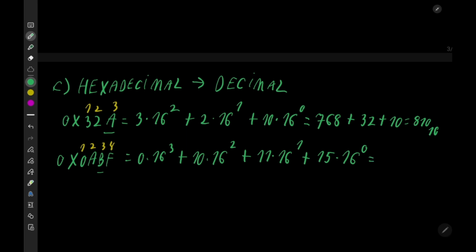This is going to be equal to 0 plus 2560 plus 176 plus 15, which is going to be equal to 275110. So yeah, to convert anything to decimal, you just count the number of bits and then you go with the something. So if you have binary 2, if you have octal 8, if you have hexadecimal 16, at the power of n minus 1, with n being the number of bits, and then you go down until you reach